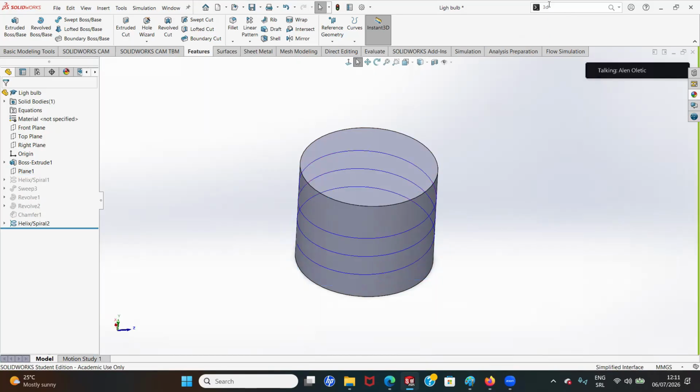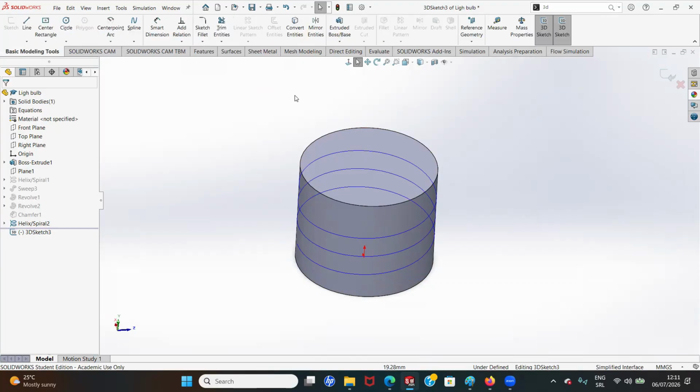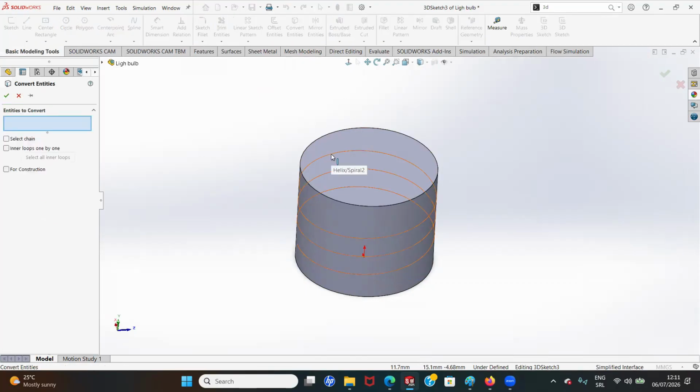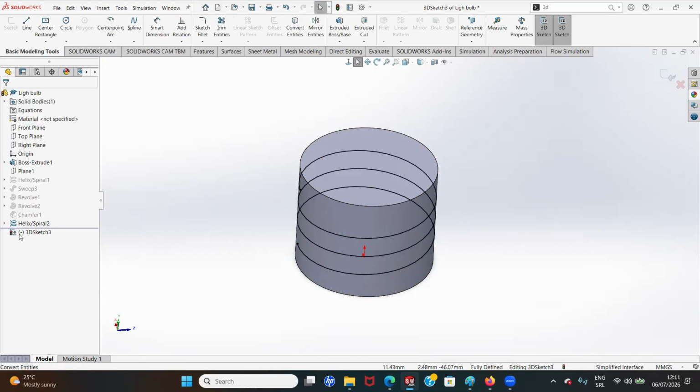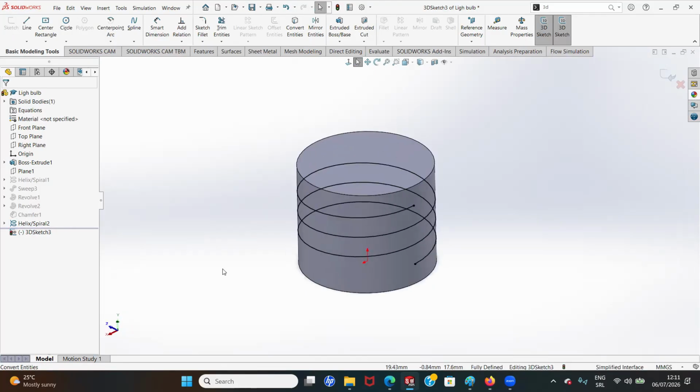Now we have to call out 3D sketch. So we're going to go to 3D sketch, and we're going to use convert entities. We're going to select this, and we're going to convert this helix to 3D sketch. Let's click OK. And now here we have a 3D sketch, as you can see. Now we can use this as a path. And now once we have this, we can go to the features,